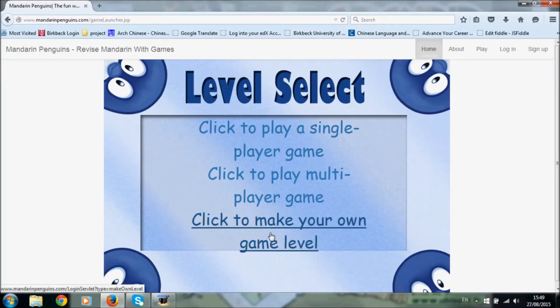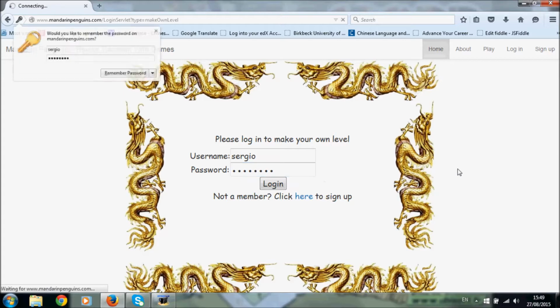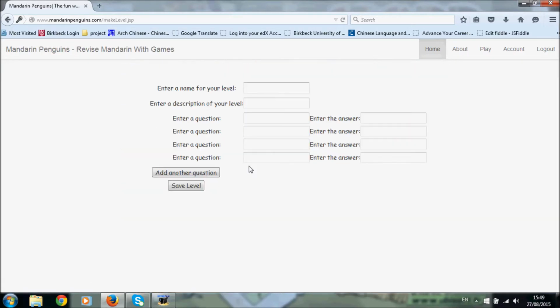If I click to make my own game level, you have to log in. So if I log in, and I click to make my own level, you can make your own levels which other people can then play. So for example, I can make a random level,